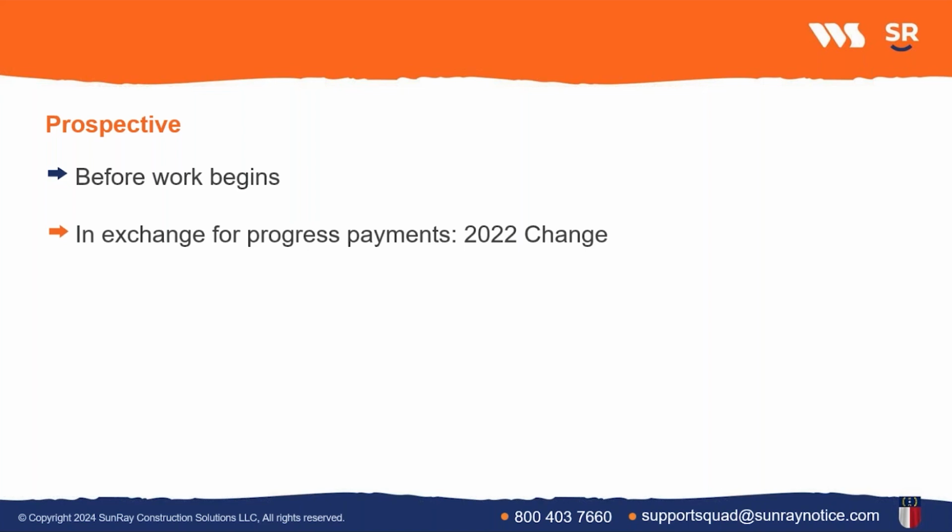In North Carolina, one of the important rules is that any lien waiver that purports to require a waiver of claims for prospective work, in other words, work that has yet to occur, is invalid and unenforceable. There was a 2022 change to North Carolina's statute, specifically North Carolina General Statute, Chapter 22B-5, which lays out that prospective lien waivers are invalid, unenforceable, and unlawful. So to the extent anyone tries to include that language in lien waivers, you can always let them know and point them to that statute that's impermissible.